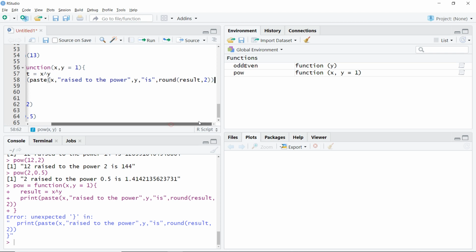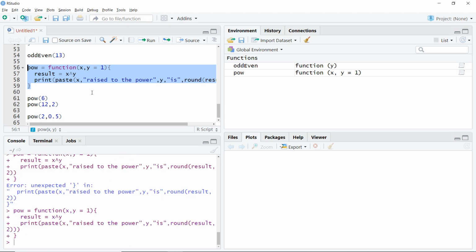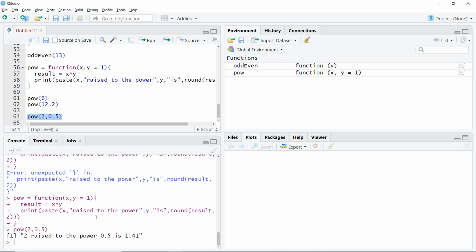Most likely that was the error, but I have to put it at the end because it is only taking 2 brackets. Okay, sometimes these are faults of RStudio, that it sometimes thinks we have already given enough brackets, so it does not take more brackets. So sometimes you have to power through it. And after that, if I take this power, Control Enter, it will just give me 1.41.